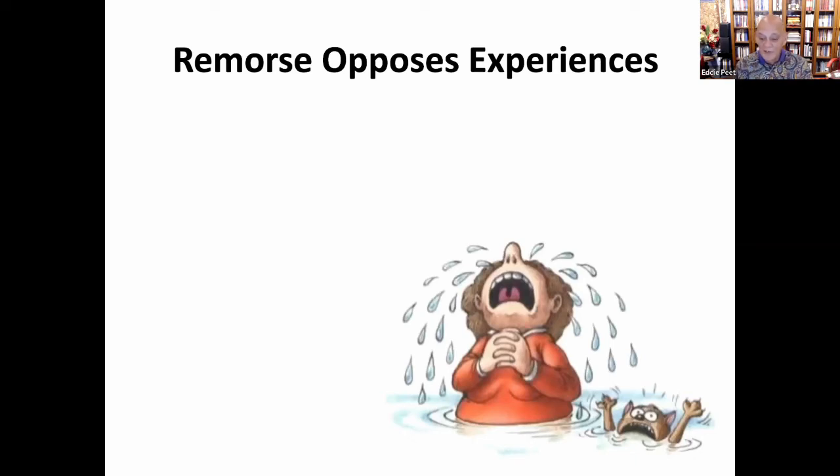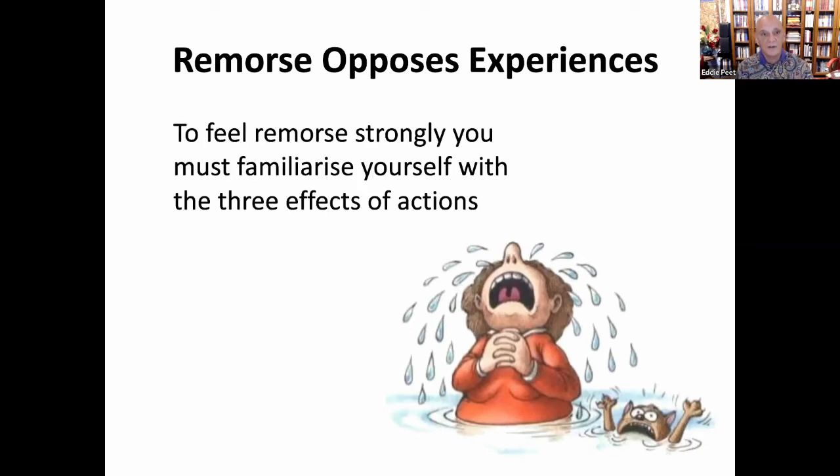The power of remorse, right? So here, what we're trying to do is oppose experiences similar to the past action. For example, you've killed somebody in the past life, and this life you find yourself having a short life. This experience is similar to the action. And if you actually have remorse, you really have to familiarize yourself with those effects of those actions that we talked about last week, the fruitional karma, the behavior, experience, and environmental effects. And because all those results are on the side of dukkha, on the side of the suffering,